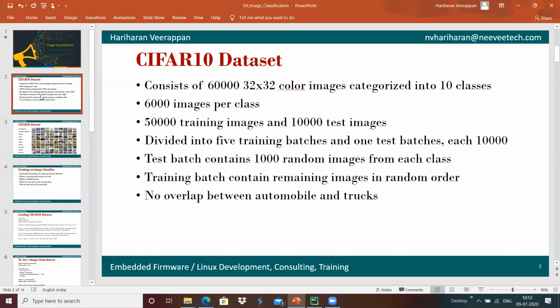Which means each class will have 6,000 images. Using the 6,000 images, it will create a pattern to confirm whether it is that particular object or not. That we will see over here.